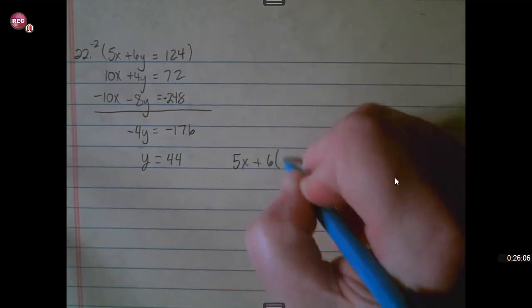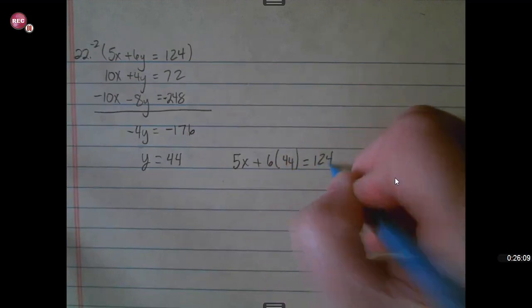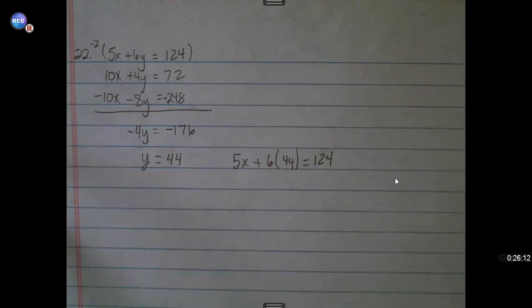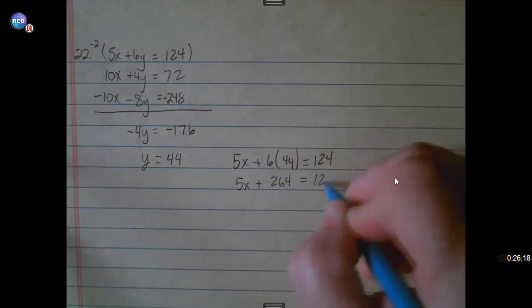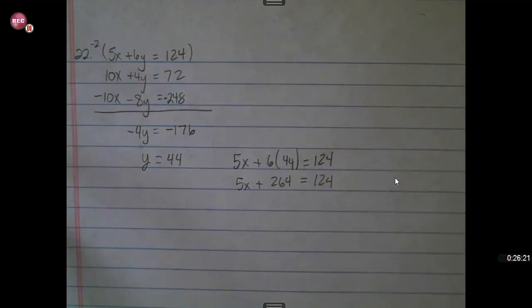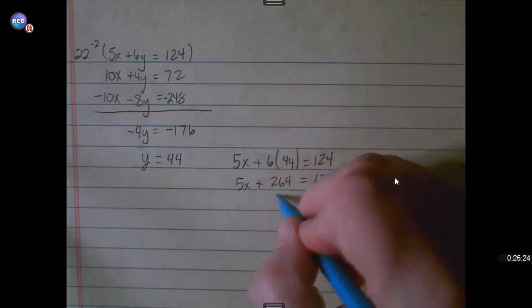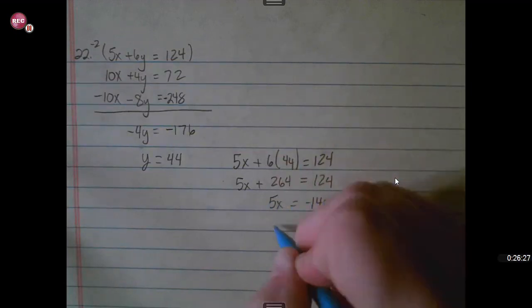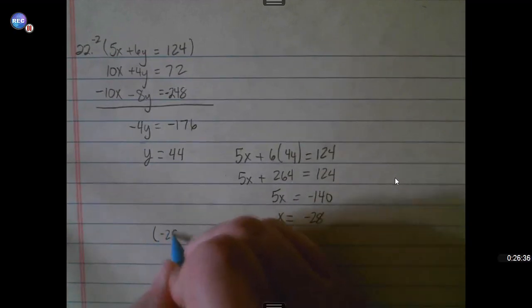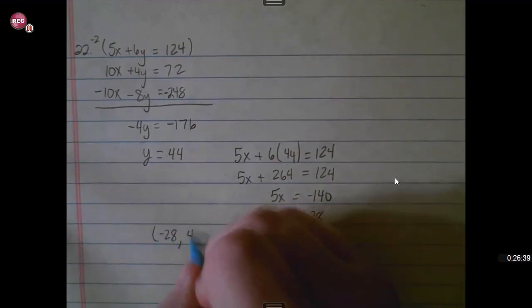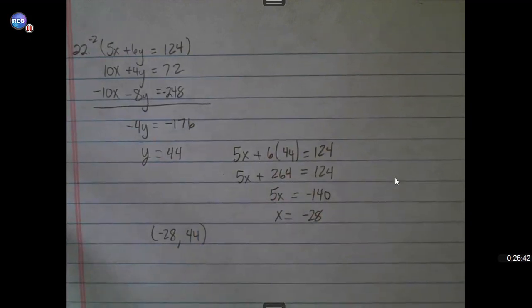And I'm going to plug that in to the top equation. 5x plus 6 times 44 equals 124. I get 5x plus 264 is 124. So 5x is negative 140. X is negative 28. These two lines intersect at negative 28, comma 44. All right,